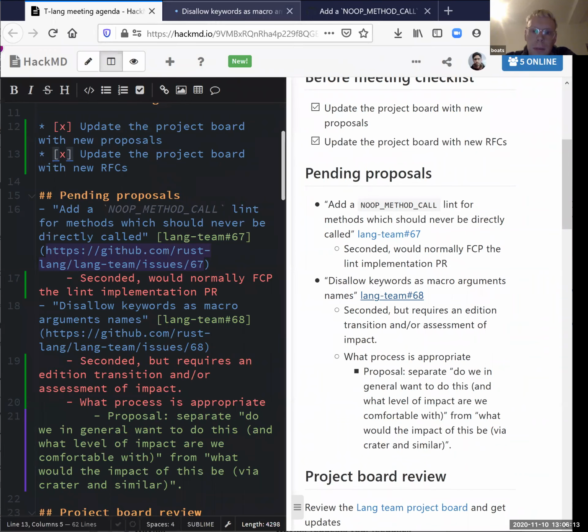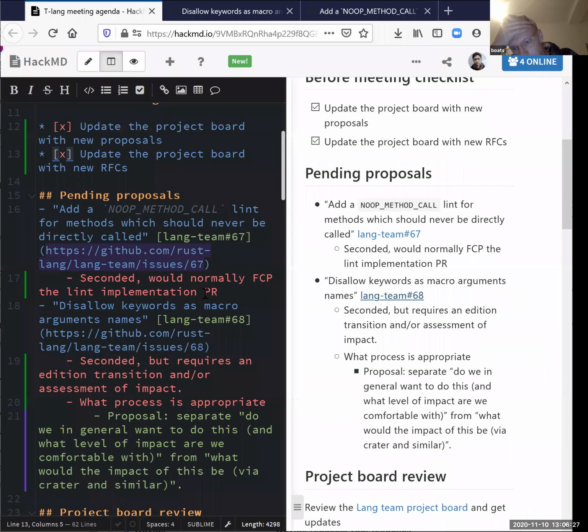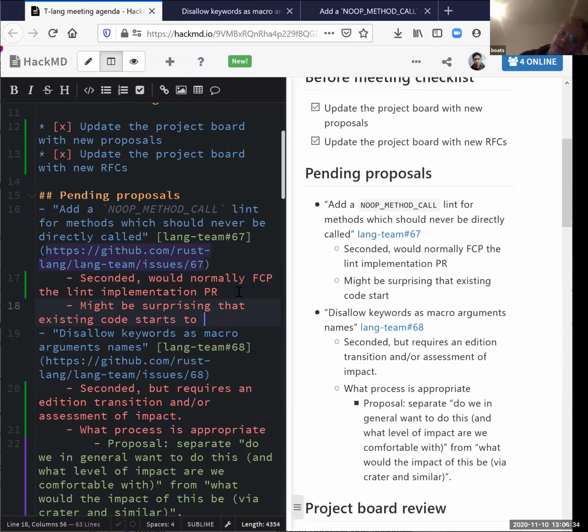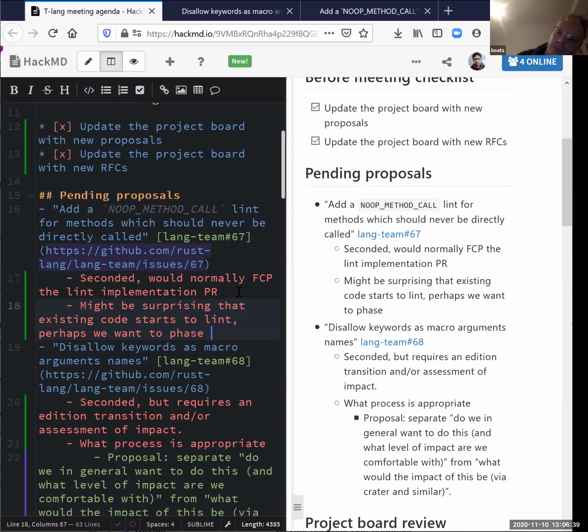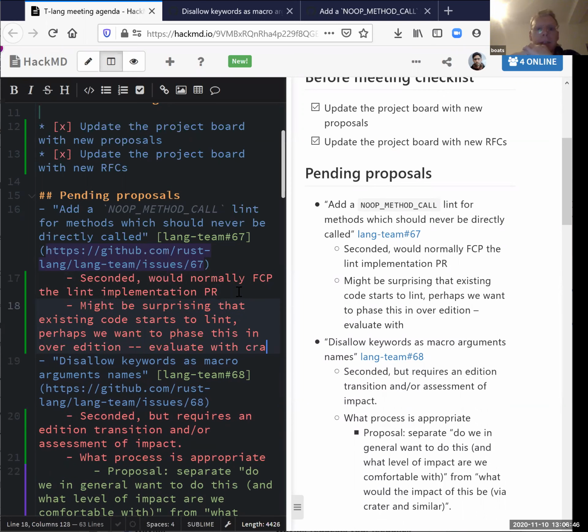I think it's good, but maybe we want it to be allow, at least for, and maybe make it an edition change. I'm just thinking about the possibility that people actually have a lot of these in their code, maybe without realizing it, and then we're just going to suddenly give everyone a bunch of work to do to silence the warning when we turn it on. Yeah, we could probably evaluate that. Yeah, like a later kind of thing.